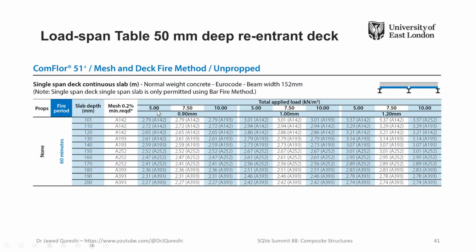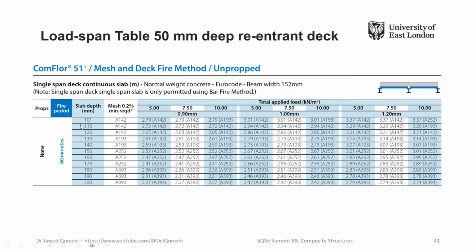Now here you can see that the spanning capability is 2.79 meter, and the mesh that you're going to use is A142. 142 means I think it would be probably 6 or 7 millimeter at center to center. Search it up, I'm not exactly sure about the diameter. And this is the thickness of the sheeting, 0.9. As you can see, when we increase thickness, the spanning capability is increasing. So for 1.2, spanning capability now is 3.37 as compared to 2.79. But again, it's not a huge increase in spanning capability.